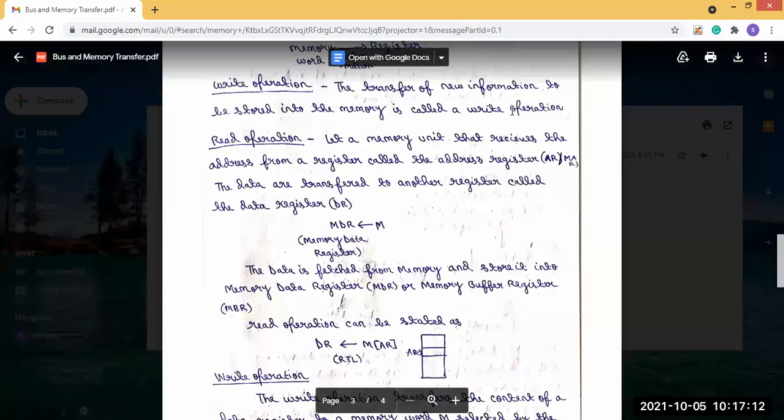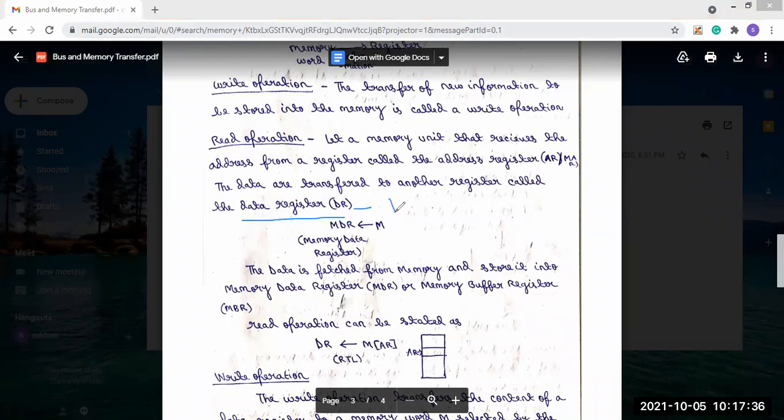So this memory unit receives the address from the register called the memory address register, and the data is transferred to another register. The data will be transferred to another register that is called the